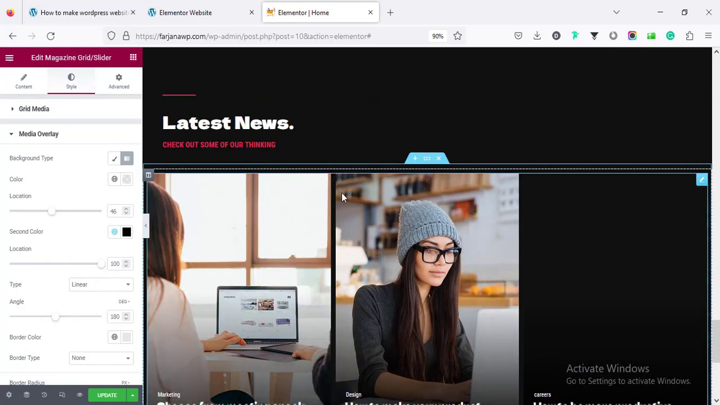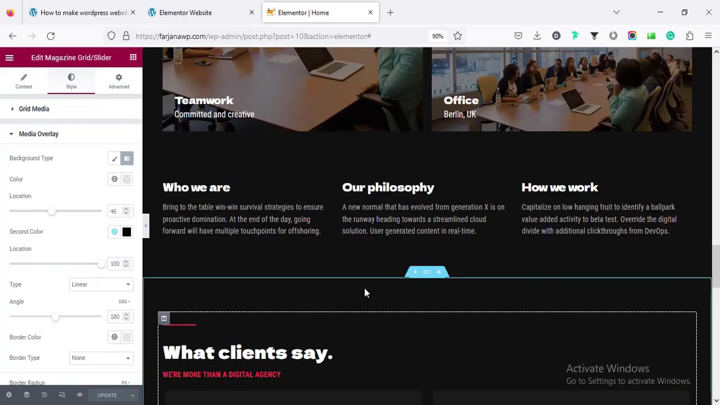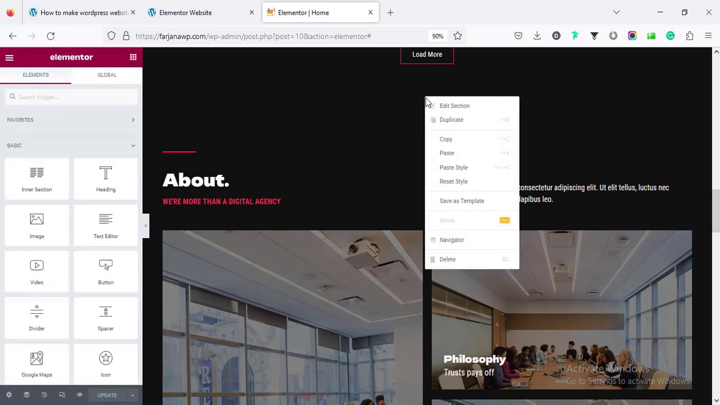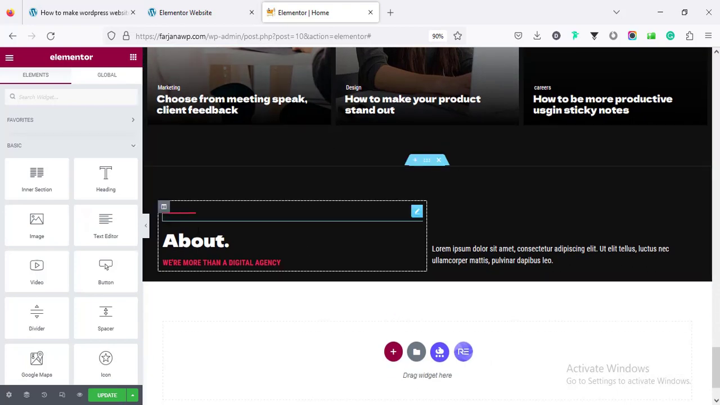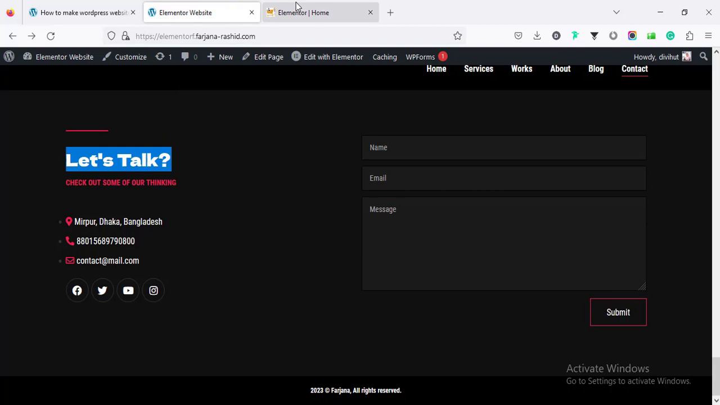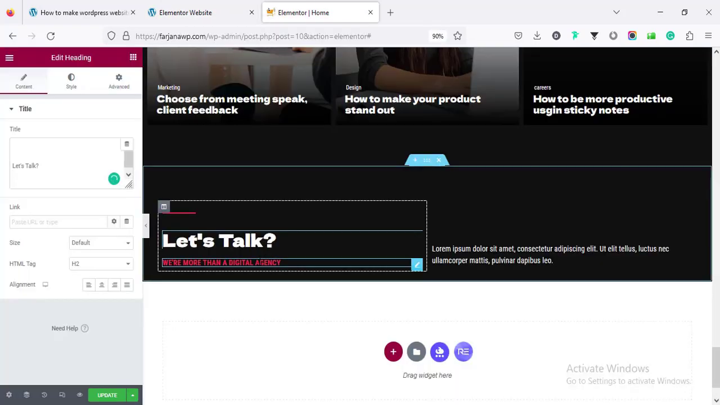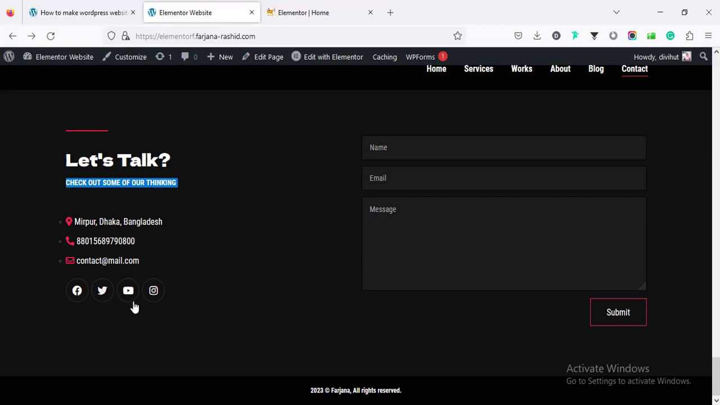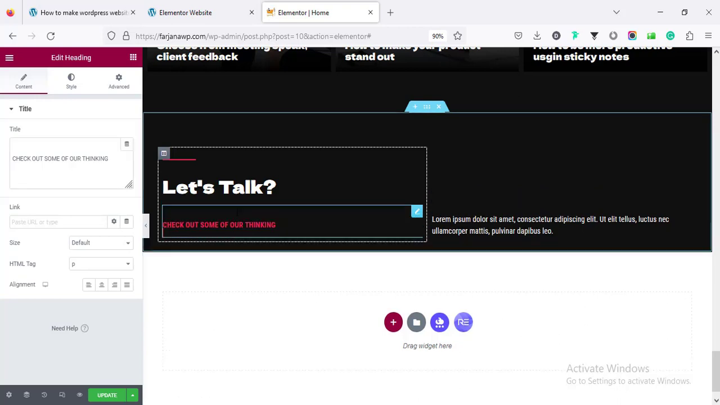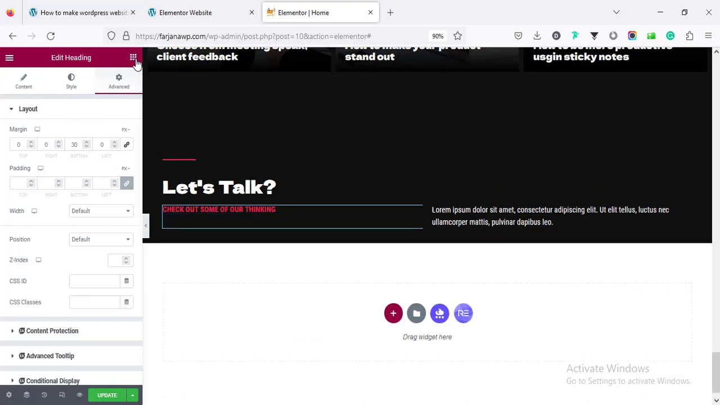Alright, so this section is done, and now I'm going for the next contact section. Saving this page for now, and again going to copy the title from here. Paste it, and changing the text. Also the below text. And for the right side we can add a form, and the left side we can add these icons and the social link. Here we can add some spacing in bottom. Going to advanced, and margin bottom we can add 30,